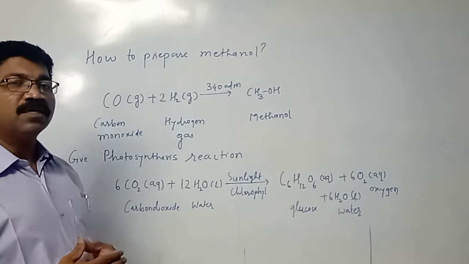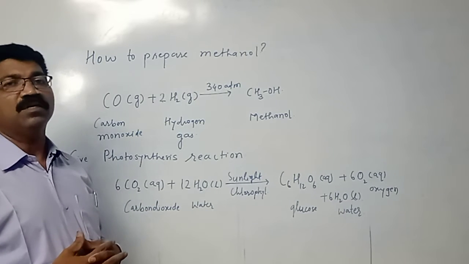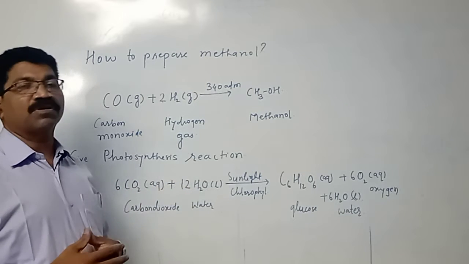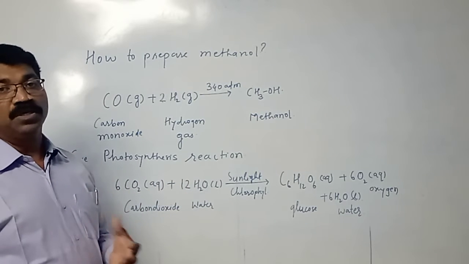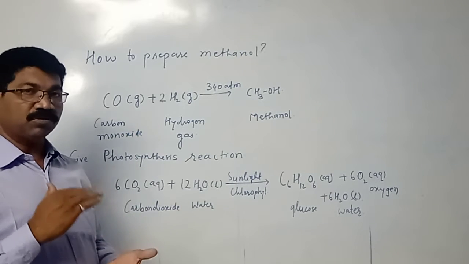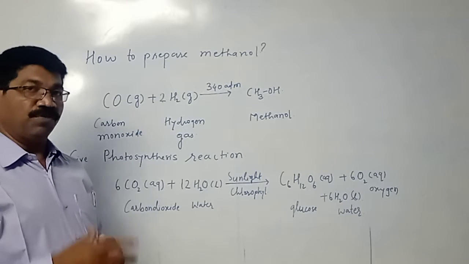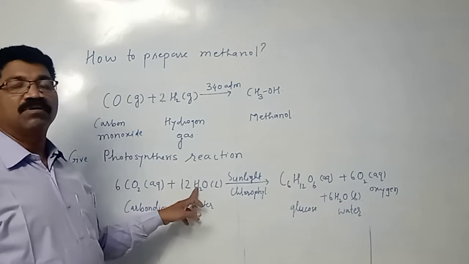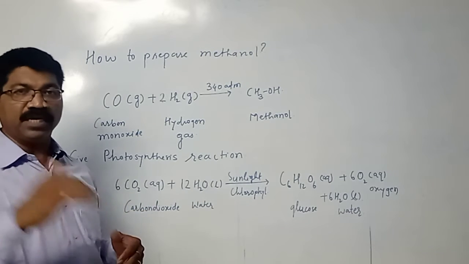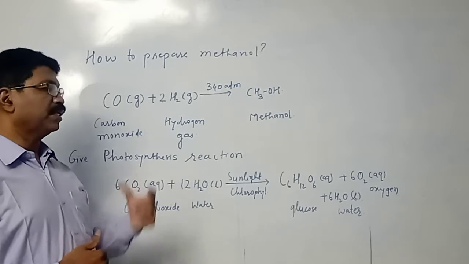So what happens in photosynthesis? Carbon dioxide is taken in through the stomata of the leaves. Water is absorbed by the plant from the soil through the roots, and then through the xylem tissue it reaches up to the leaves. When it reaches the leaves, it is in liquid state. So this water and carbon dioxide from air, which will dissolve in this water, will react,